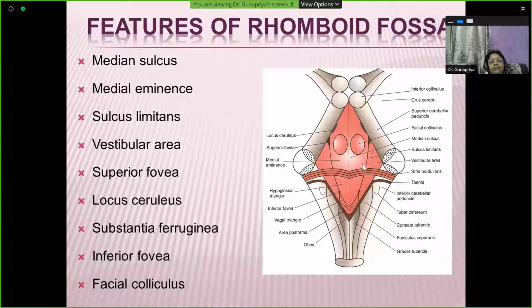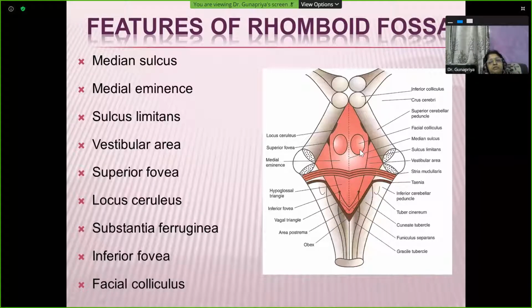In the medial eminence, you find two oval-shaped prominences known as the facial colliculus. We also know how it is formed. The motor nerve fibers of the facial nerve going around the abducens nerve nucleus form a phenomenon known as neurobiotaxis, and this prominence, the abducens nucleus with the motor nerve fibers winding around it from the facial nerve, will be seen as a prominent area.